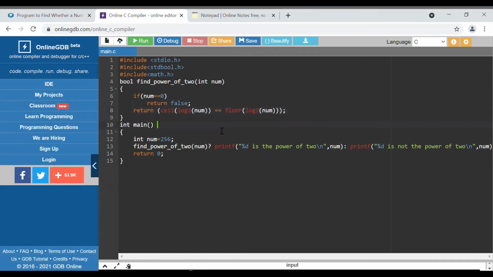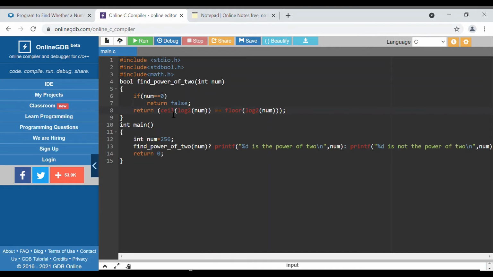If you want to check for a power of 3, then you can change the base to 3. Here we are using base 2. Our condition is, if we get an integer, then it is a power of 2.